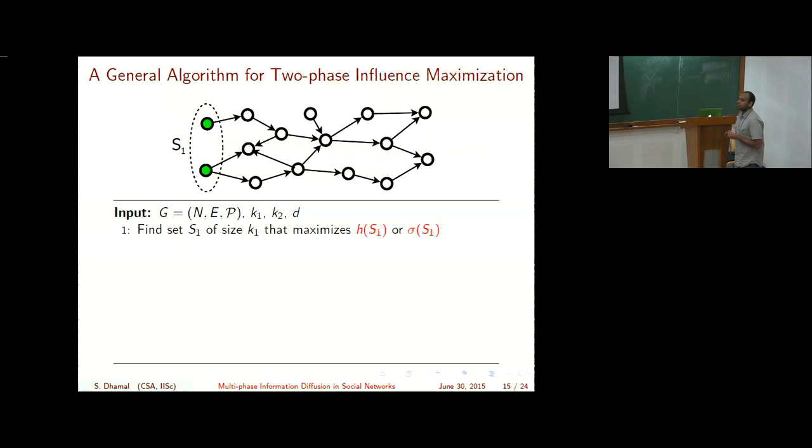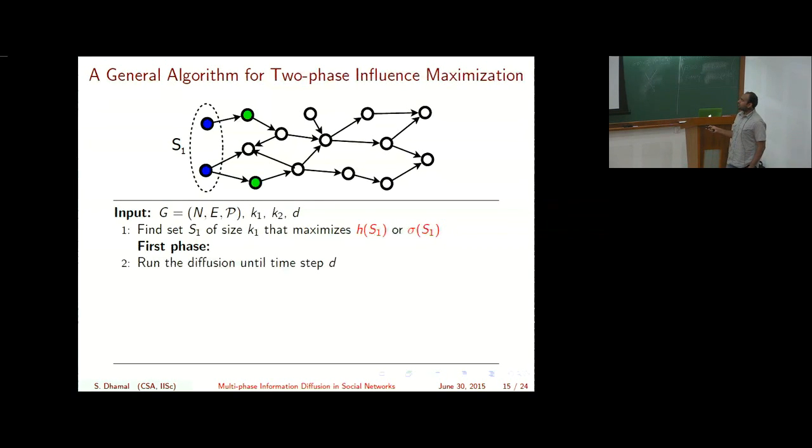The myopic objective function is like, we are given the budget split K1 and K2, which add up to K. So given K1, which seed nodes should be selected for the first phase? I do not foresee that there is going to be a second phase, or some delay or anything. I just assume that there is a budget K1, and based on that, I select a seed set. That is this particular myopic objective function.